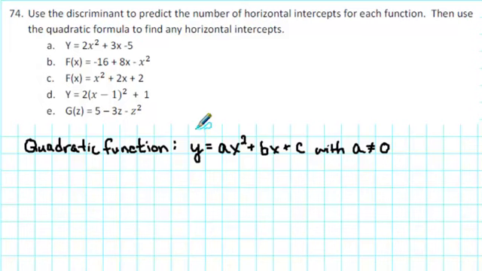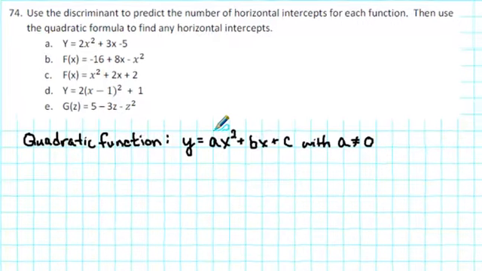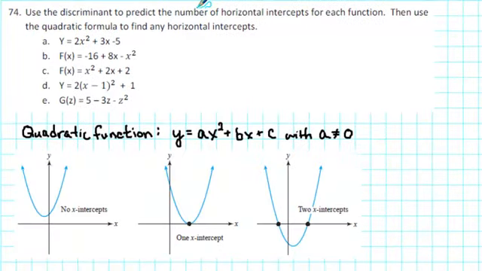A quadratic function can be written in the form y is equal to ax squared plus bx plus c, where the leading coefficient a is not equal to 0. In this exercise, we're asked to determine the number of horizontal intercepts for each function, and then to find any